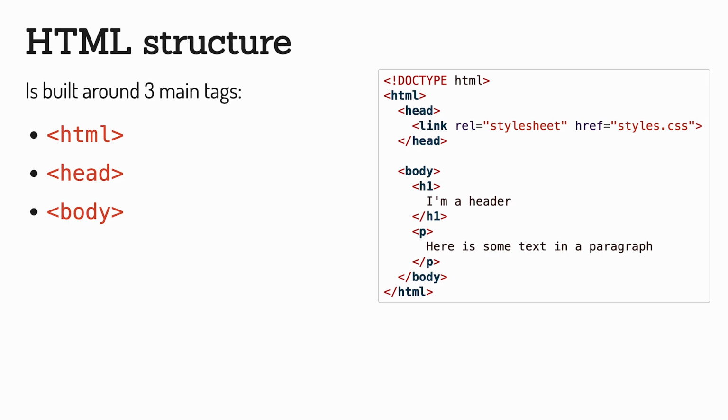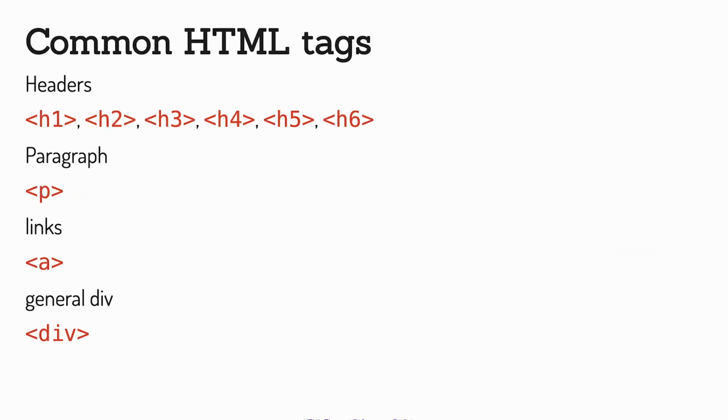In the head, we do things like loading style sheets, loading other metadata, things we don't really need for the user, and the body contains everything we see. Twilio basically deals with everything that goes into the head, and we just have to focus on what happens in the body. Some of the common HTML tags we see are these header ones, which we also use in Twilio with the pound sign. So they go from 1 to 6.